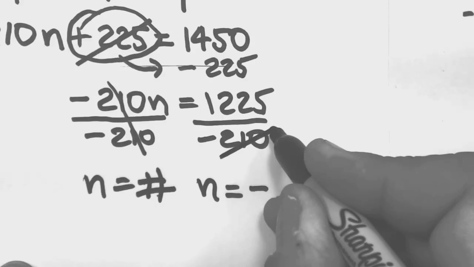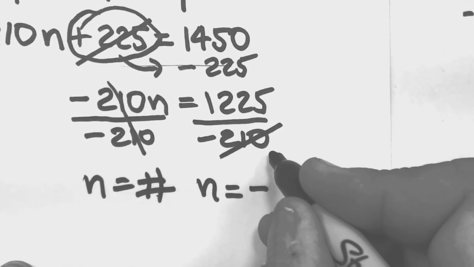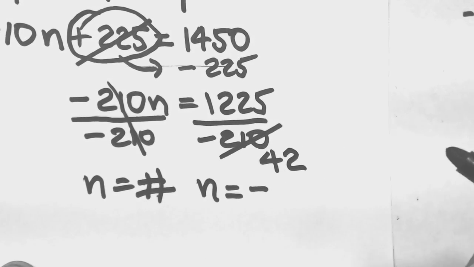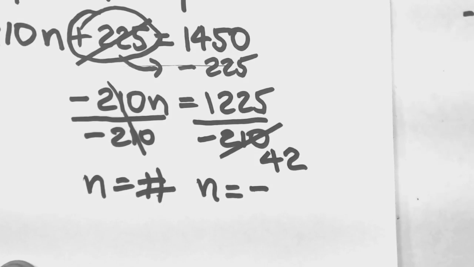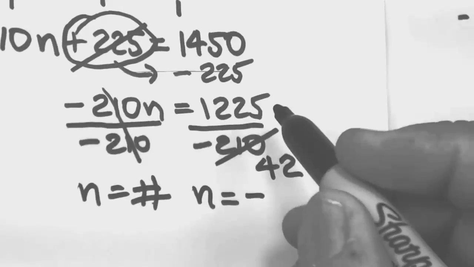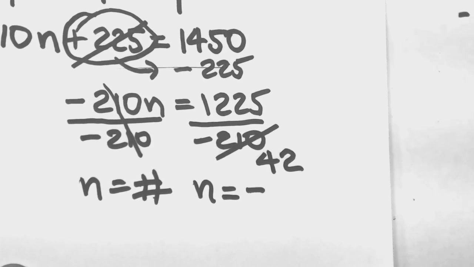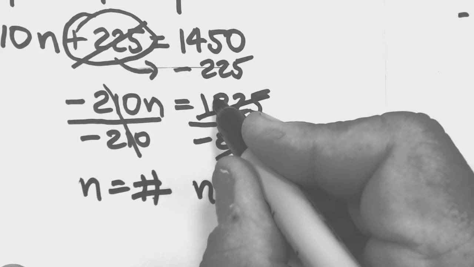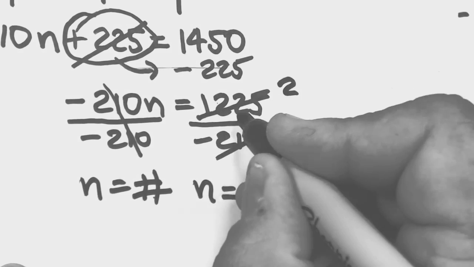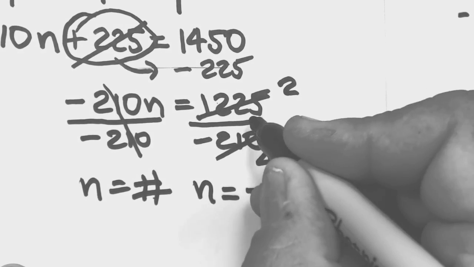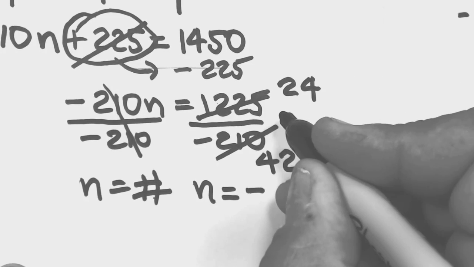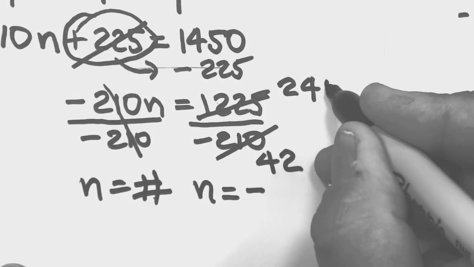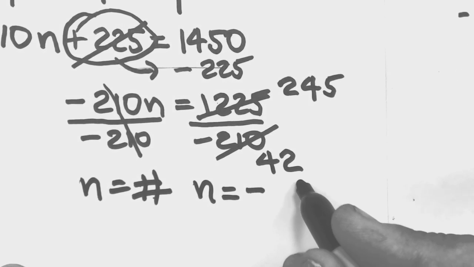So in the bottom, if I reduce 5 into this, 5 will go into 21 4 times, that's 20. Leaves me 10, 5 goes into 10 twice, so reduce a 5 into the bottom, we've got 42 left. Now, reduce a 5 into the top up here, and let's see what we end up with on the top. Well, here we go. 5 goes into 12 twice, that's 10. I've got 22. 5 goes into 22 4 times, that's 20. So I end up with 25. 5 goes into 25 5 times. So we've got for the moment here